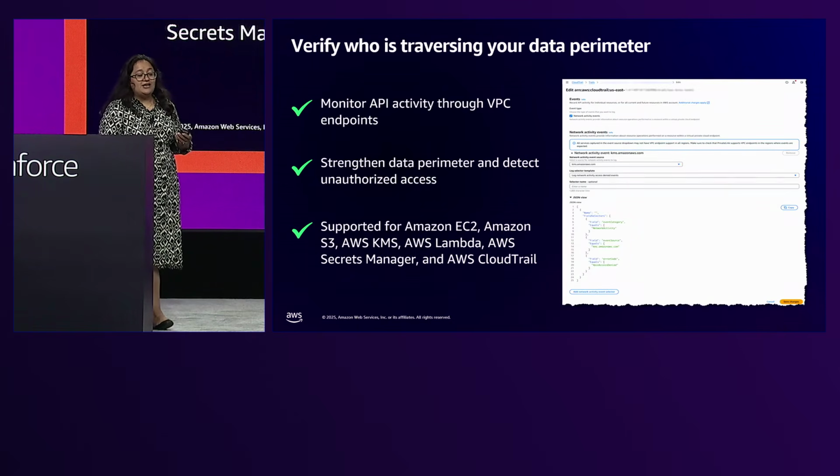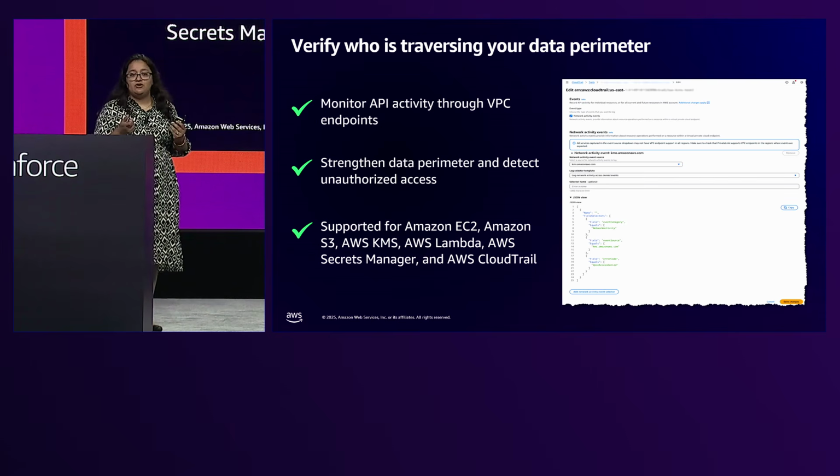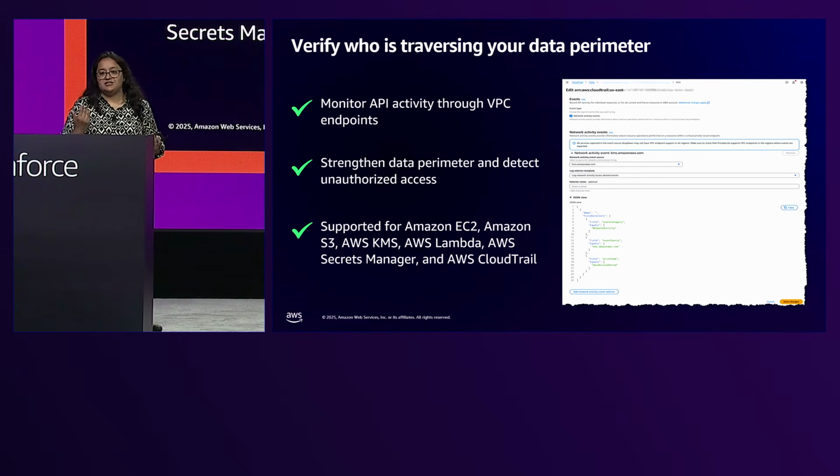And then I talked about this, so I won't go into details, but this is network activity events, and it monitors AWS API activity that is passing through your VPC endpoints, access denied or access passed. You can get all that visibility. So if somebody is trying to poke holes in your data perimeter, you can see that. If you are setting up your data perimeter and you want to fine-tune your VPC policies as you're doing that, you can use this information to do that. We support multiple AWS services right now. These are just some of the list, but the list is much larger. If you do want to use it, it's available in our documentation.